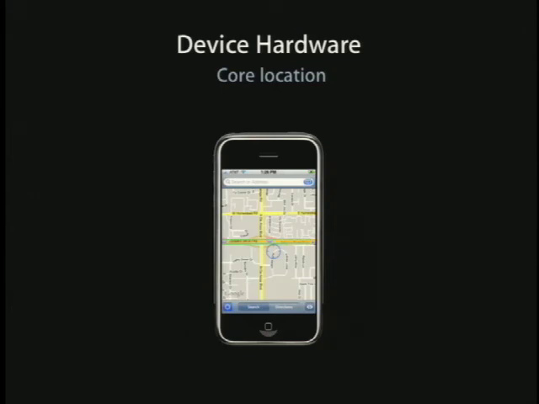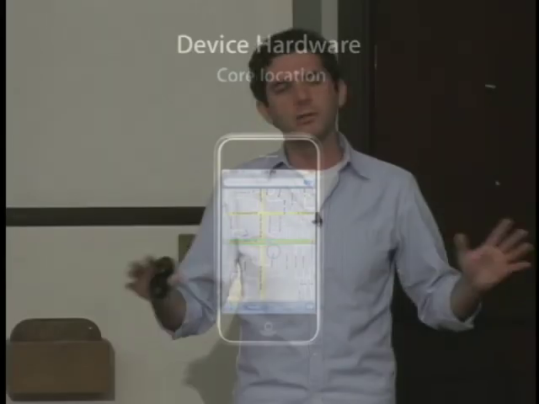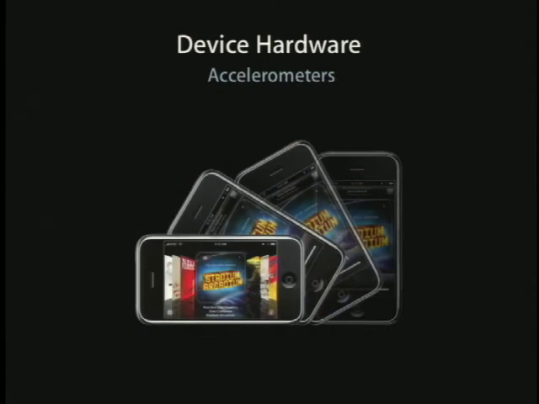It's not a user interface framework. It just tracks user location and gives you raw data about that, but it doesn't include any user interface elements. So you can use it if you don't want to display a map, but still want to do tracking of location. And then we'll talk about the accelerometer and the compass, which let you track the orientation of the device